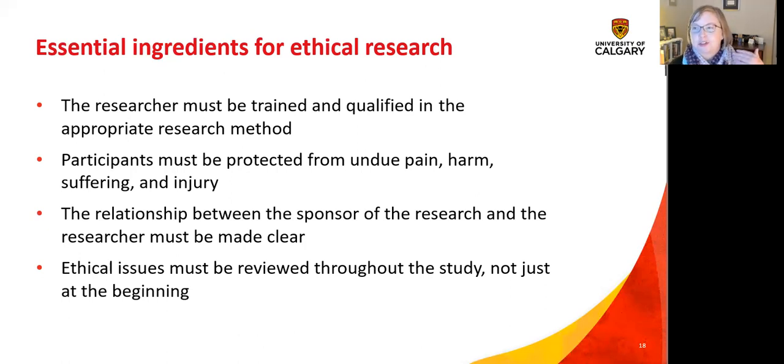Also, ethical issues are something you don't just do at the beginning. It's an ongoing process you always have to consider. Things can come up. With COVID, it might not have been ethical to have people in a room to do a focus group anymore. So then you have to change your approach to the research. But if you're making those changes, then you have to have approval to do things differently. It's something that has to be revisited the whole way through.